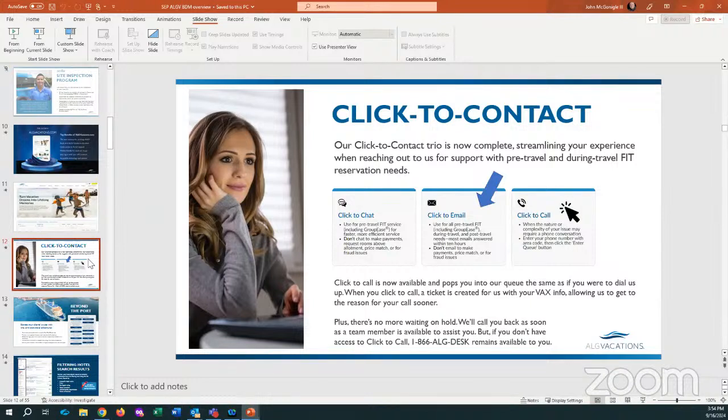So my point being, we use this rather than getting frustrated with any technology, like I was a little bit trying to get this screen working for you. You can use our click to email to really even do a booking from the very beginning. So if you've ever got that situation where you've tried to do multi-destinations on the VAX booking platform, London, Rome, Paris, or through islands in Hawaii, sometimes VAX gets tired because you got to think about the number of variables it's going through. There are over 2,900 hotels in the city of Paris alone that if you're putting in a London, Paris, Rome request, the system's going to tire out.